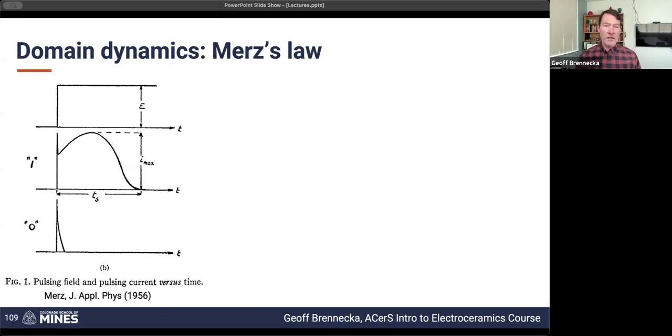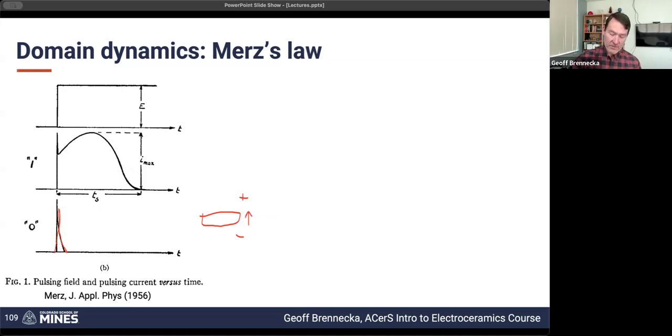So this is an observation from Walter Merz that has turned into what's known as Merz's law. He was doing this initially with barium titanate single crystals that he'd grown in his lab, but it's been extended to all sorts of other materials as well along the way. If we start off with a material that is pulled in this direction and we apply an electric field that's the same, then we basically have a capacitor, we charge the capacitor and discharge it, and that's the end of